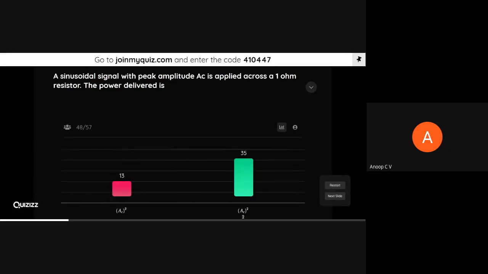This concept is required for us to evaluate the power. Maybe when I say the carrier power is more in standard AM, you should have this idea. That's why I've included this question. I hope it is clear. We'll move on to the next question. If anyone has any doubt, feel free to go back to the Google Meet window and unmute yourself and ask a question, or else you can even post it in the chat window.